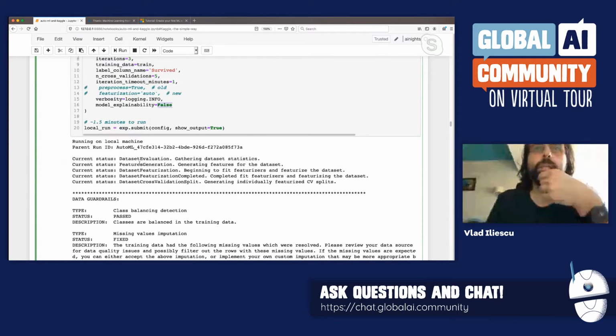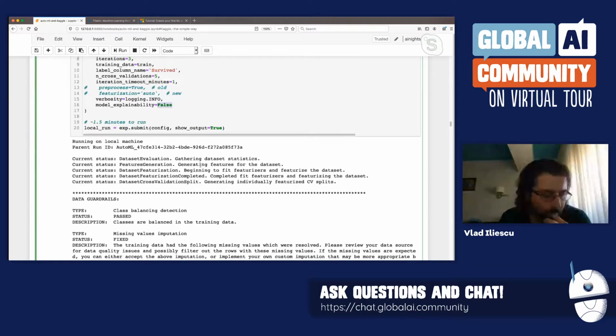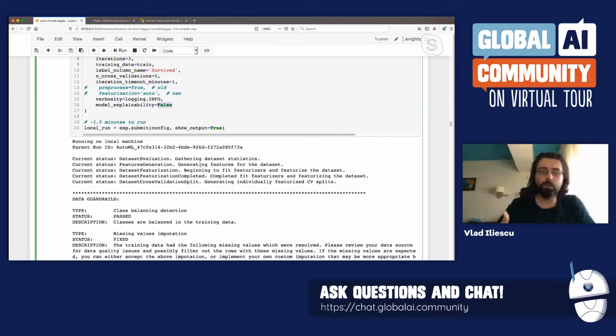Well, it evaluated the data set. It gathered some characteristics. It generates some features. Basically, how this works, automated ML is something like a recommendation engine for machine learning algorithms. It looks at the structure of your data set. It looks at how many features you have, how those features look like. Are they strings? Are they numeric? How many nulls do they have? And based on these characteristics, it recommends you a machine learning algorithm with some hyperparameters,